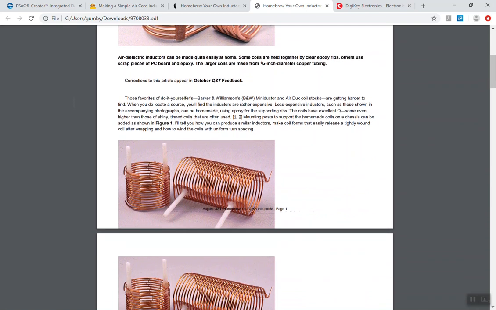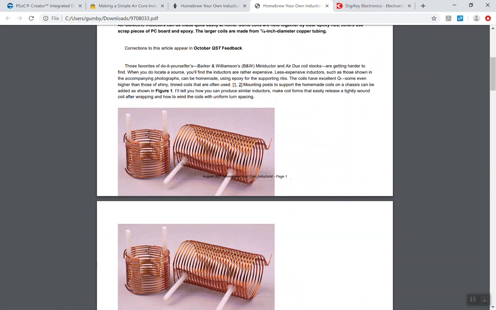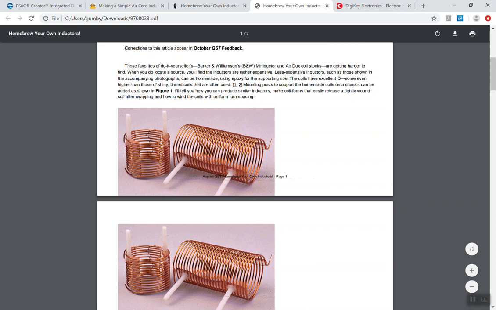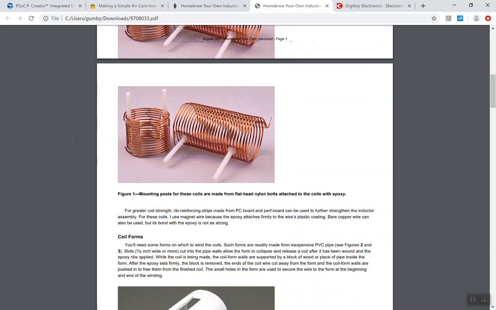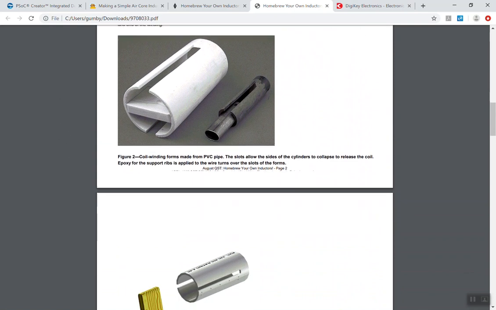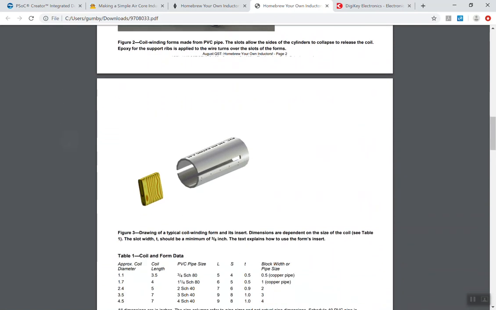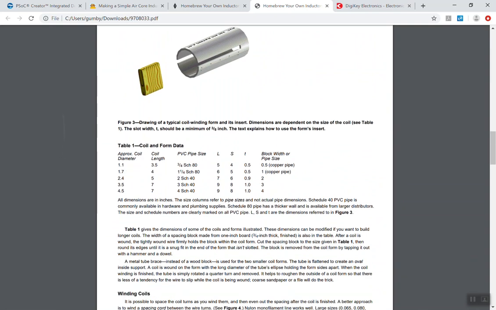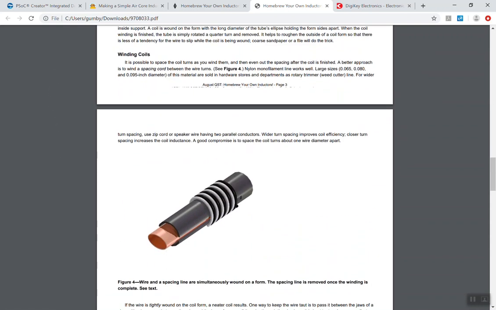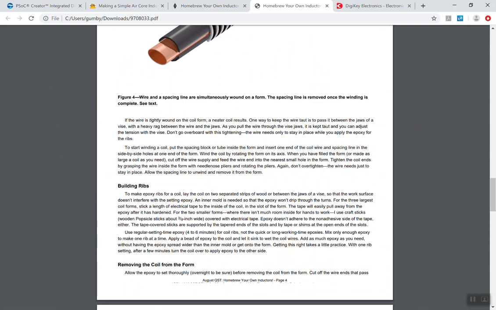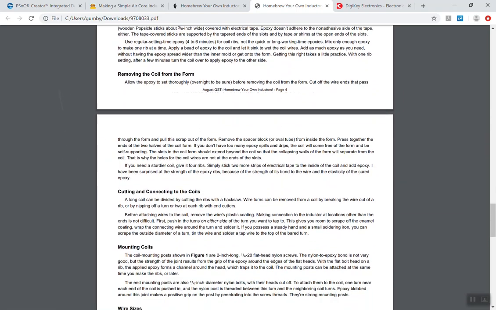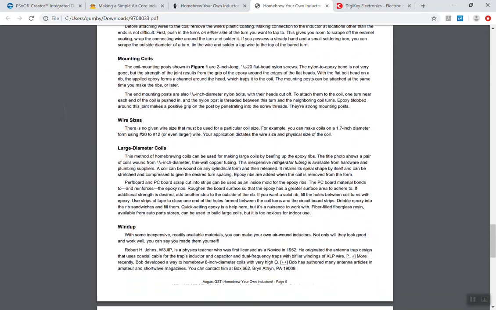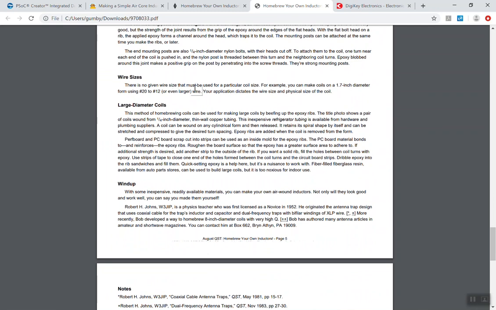And I'm not going to read through this here, but then it also is showing them putting some plastic posts here. That's really just for mounting purposes in a PC board, so that it has some mounting support. And even says that in the figure. And then it's coil frames, like how do you actually get this? And then coil and form data gets you some other things of this nature. Table 1, then the winding of the coils, it kind of shows you how to wind them. There's things called building ribs and mounting the coil, wire sizes, and it says there's no given wire size,